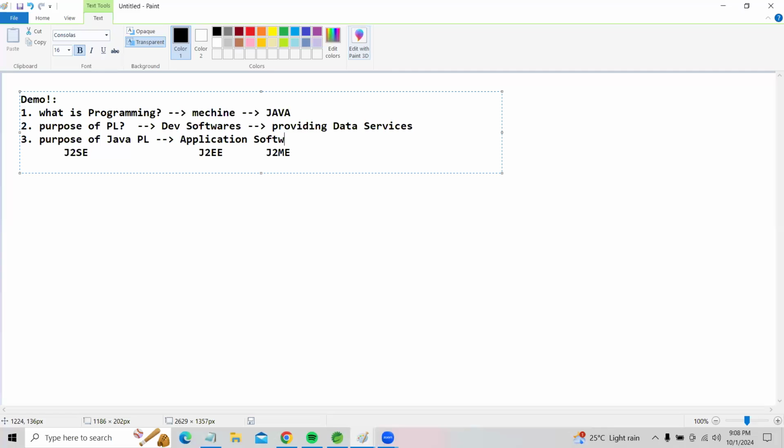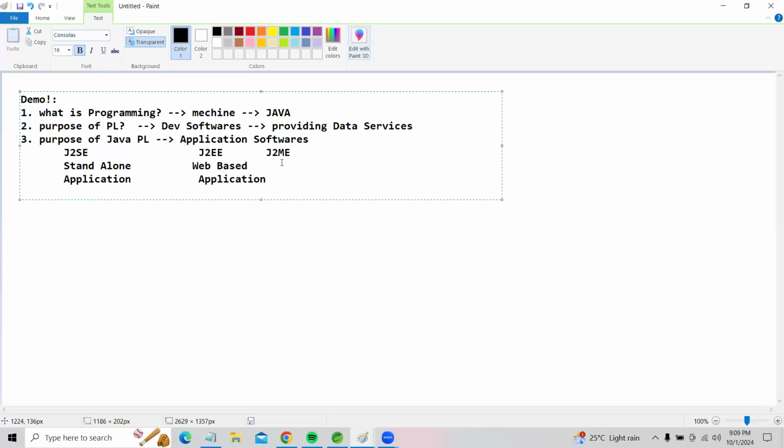By using Java, we are developing three types of application software. The first one is stand-alone applications. The second one, by using J2EE, is web-based applications, and web-based applications run in our browser only.